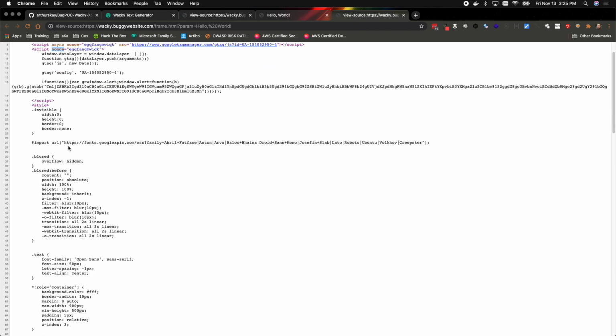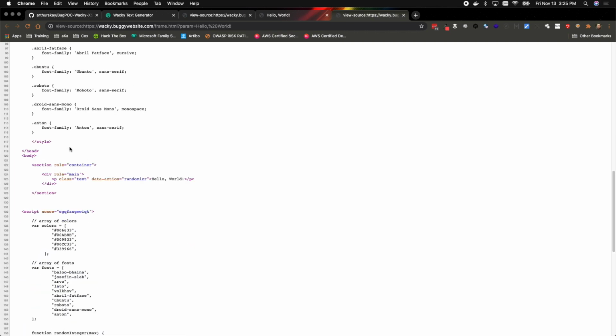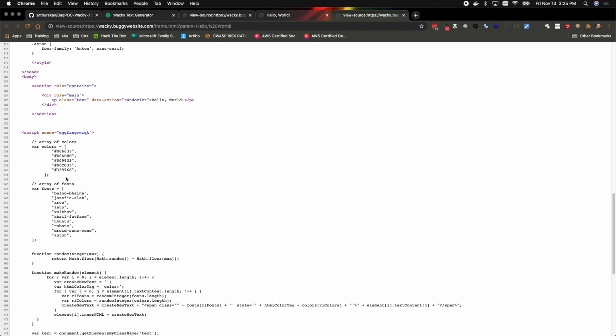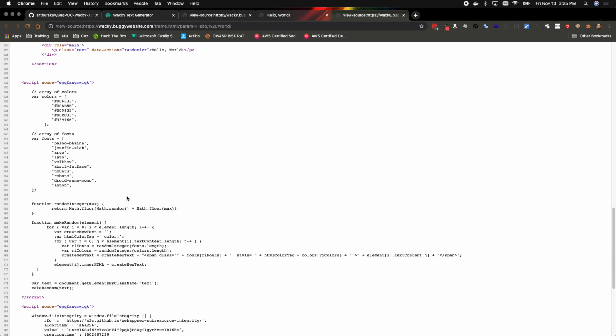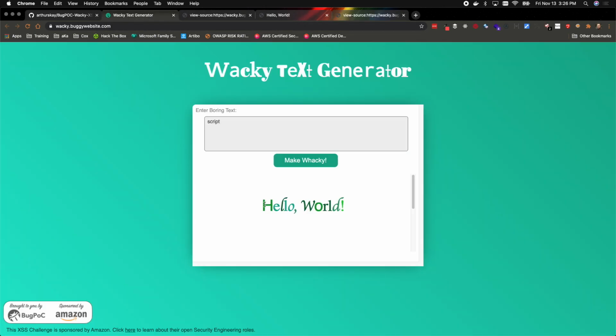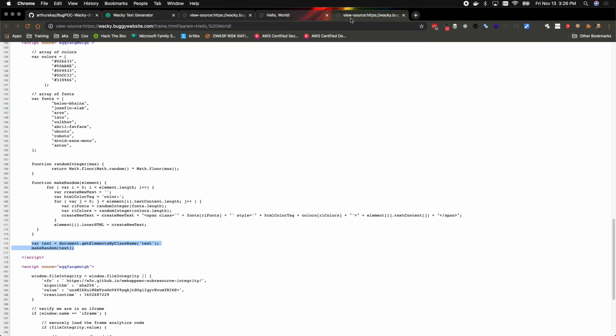We skip through some of the CSS that's applied, and we get down to another inline script where it's going to do a variety of things, namely creating some random colors around the text that gets rendered to the screen here. So those items,